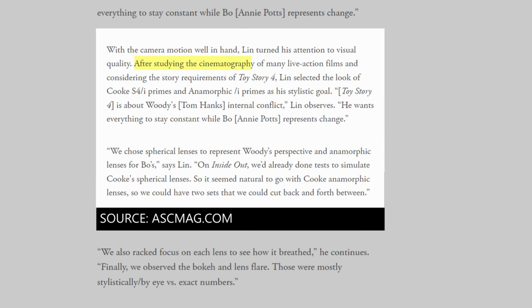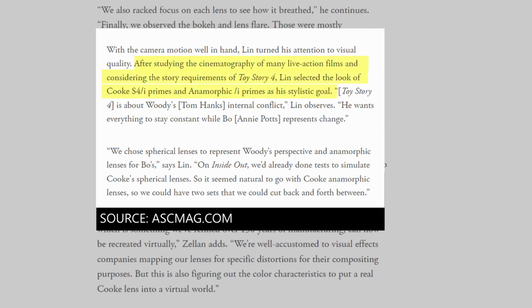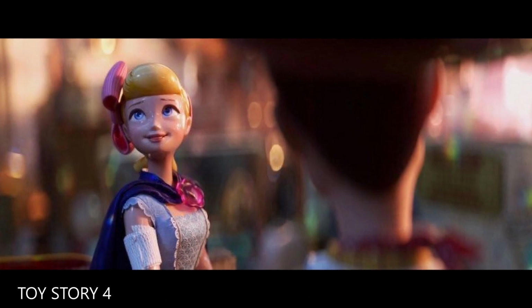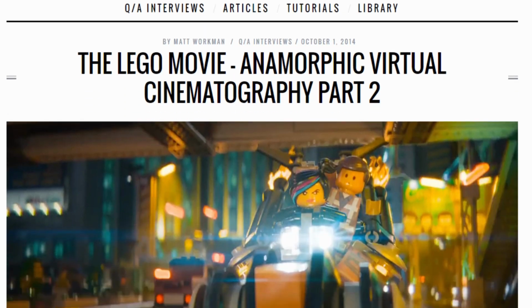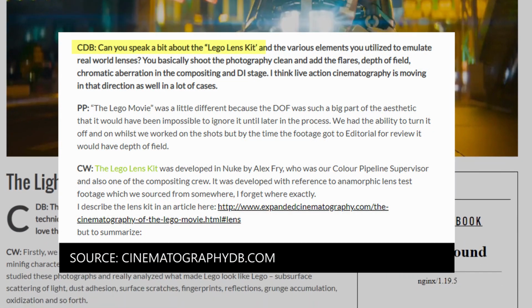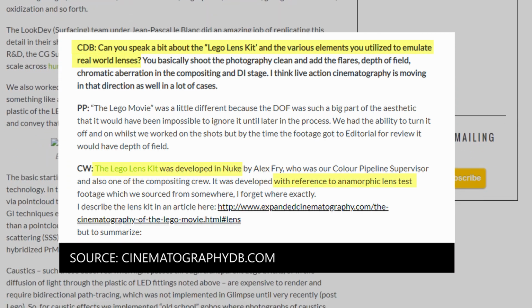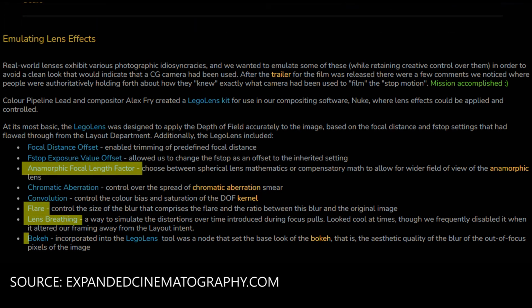Just like in Toy Story 4, where they emulated an anamorphic lens and even added new code to the rendering software that allowed them to choose a texture image for the blur instead of using a perfect circle, so they could get an imperfect, realistic cut-off bokeh as well. Or in The Lego Movie, where color pipeline lead and compositor Alex Fry developed a kit to achieve the anamorphic look in Nuke.